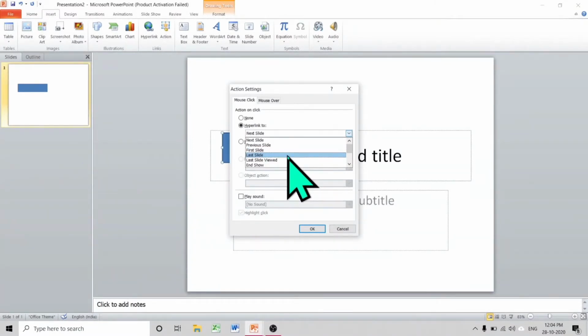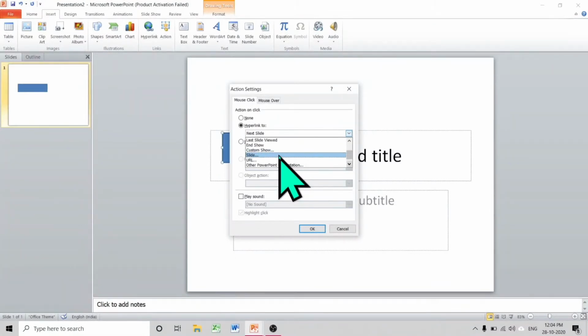Last slide means I will go to the last slide. Last slide viewed means whichever slide I have viewed recently, that slide will come after clicking. End show means my slideshow will end. Custom show means whatever custom slideshow I have saved, I can go to that slideshow.